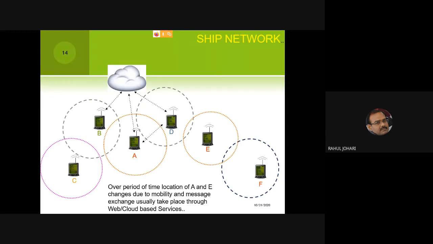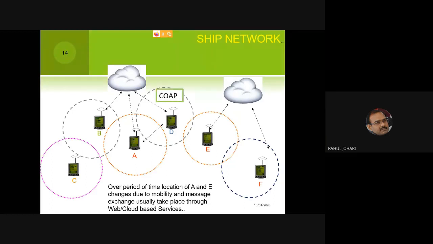So we'll have a cloud which will help in the transmission of the message. In a ship network, I can have one cloud, or I can have another cloud. Let's say E and F also share the message with the help of the cloud. So I can have multiple clouds within a single network, and they can all share the messages comfortably and conveniently with each other. Using the private cloud, safety and security is ensured. Be ready to bear the cost, and then there's no problem in the transmission of messages.